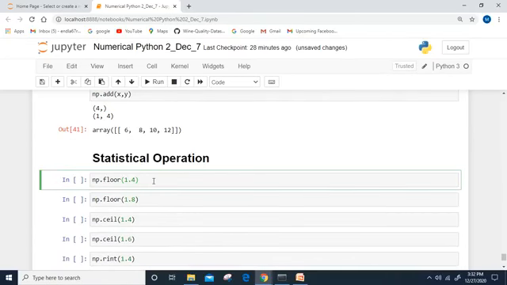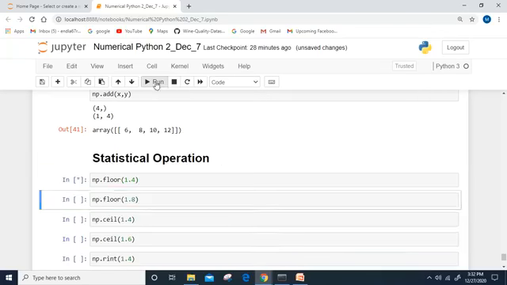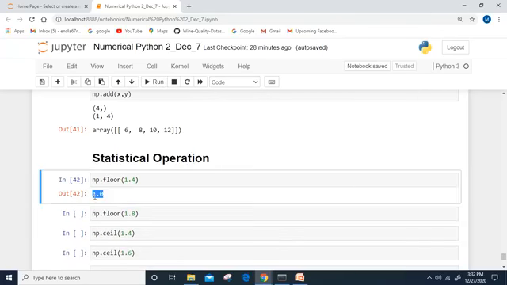Here, if you want to round a value, then use the floor function. Whatever value you are passing through the floor function, whether that value is above or below the decimal 0.5, it will round the value down to a lower value. Let me execute this one. This value is below the 0.5 decimal value, even though it will be converted into the lower value. It rounds the value to the lower value.